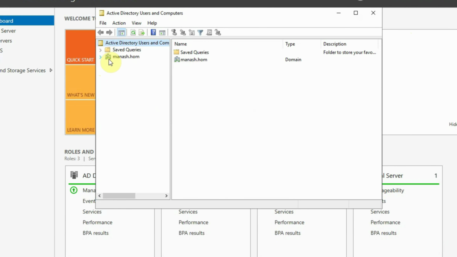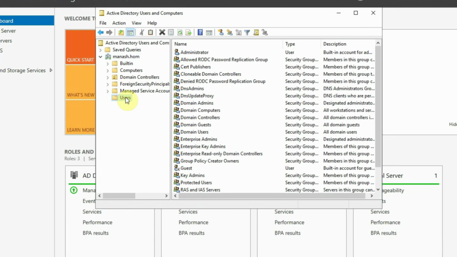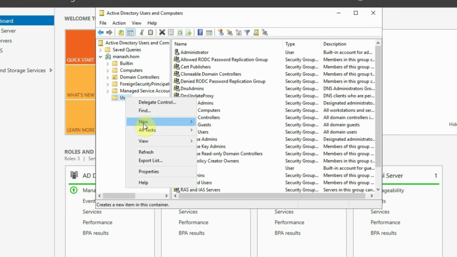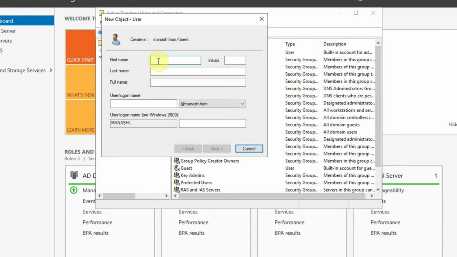In this box, we will select the manash.home, that is our domain, expand this list. From this list, we are going to select the users item, right click on the users item, and from there select the new option, and under that select the users. Let's create an example AD user with the name, say AD, no initials, the last name say expert. So AD expert is the full name, and the logon name say ADE001,